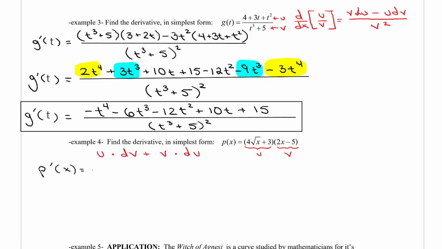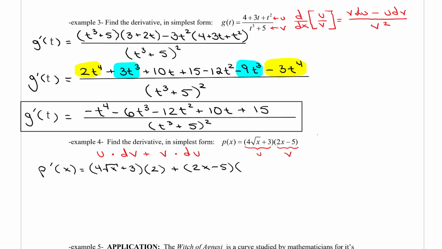So p prime of x is going to be equal to, first I'm going to write down u, which is the 4 radical x plus 3 part inside parentheses, and then I'm going to multiply that with the derivative of the 2x minus 5, so that's just 2. And then I'm going to add to that product inside parentheses we have 2x minus 5 times, and then